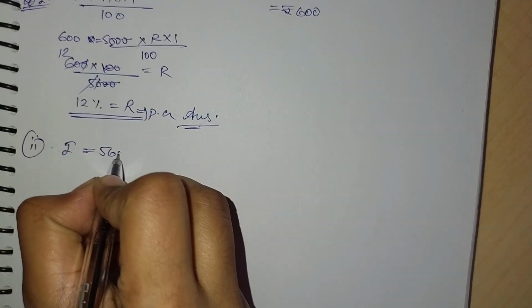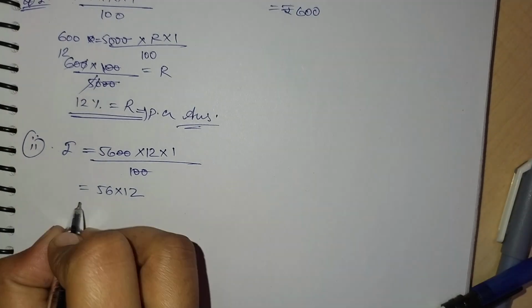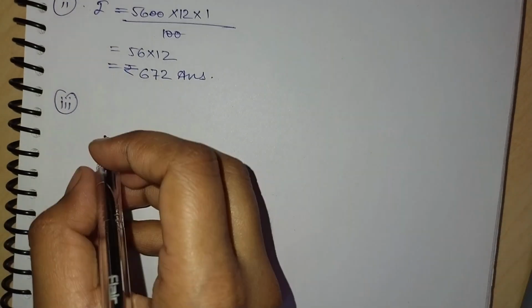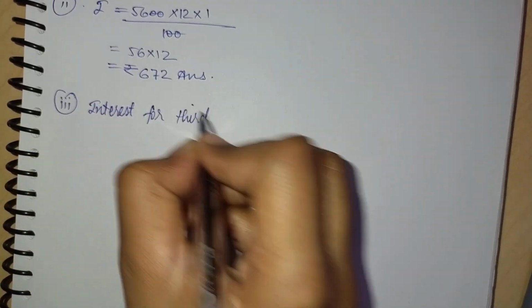So here the first year amount is 5,600, putting the value as 5,600 into 12 into 1 divided by 100 equal to rupees 672. Third part is the amount at the end of third year. So we will find the interest for the third year,